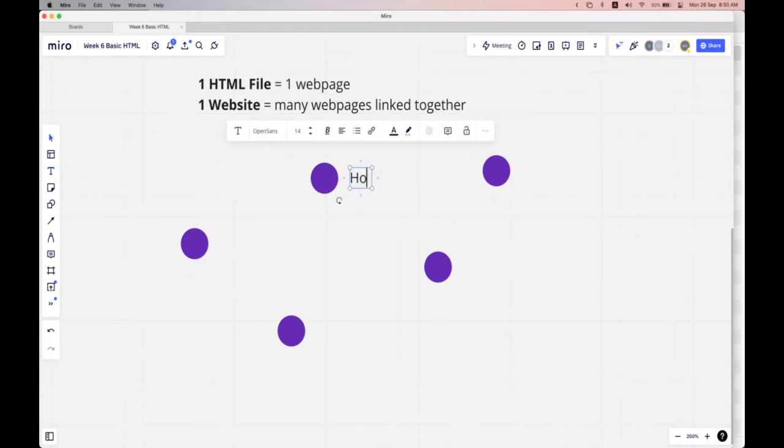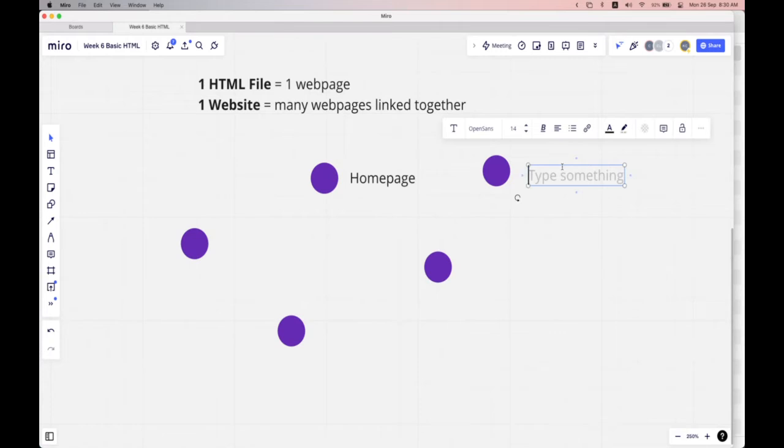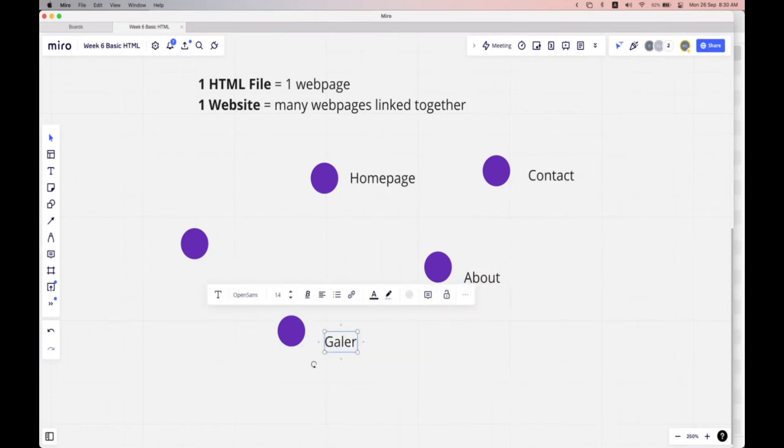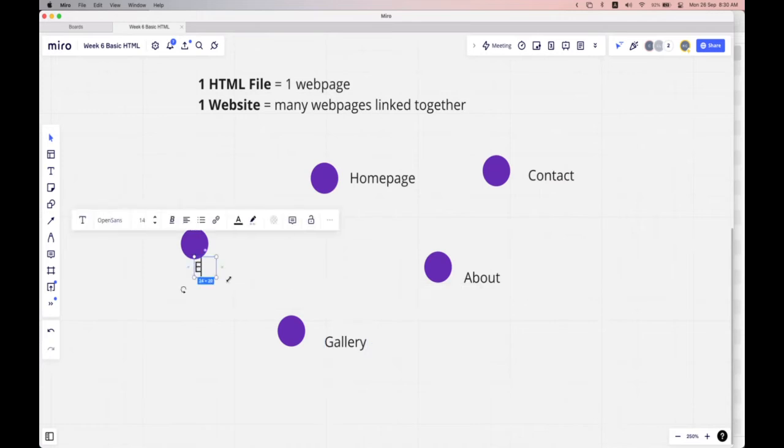Let's say this is my home page, this is my contact page, this is my about page, for example. You might have different pages, gallery page, event page. Okay, so for example, we have these 5 pages,